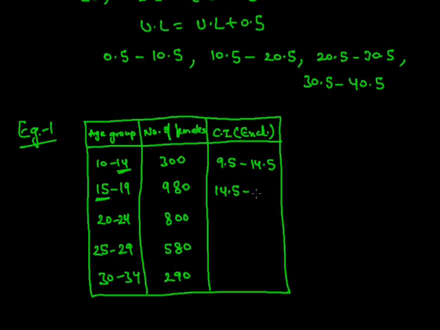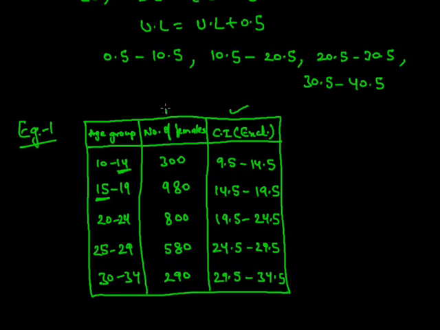Accordingly, we get the class intervals as 14.5 to 19.5, then 19.5 to 24.5, then 24.5 to 29.5, and then 29.5 to 34.5. So accordingly we get these class intervals in the exclusive form, and now we can easily plot these class intervals